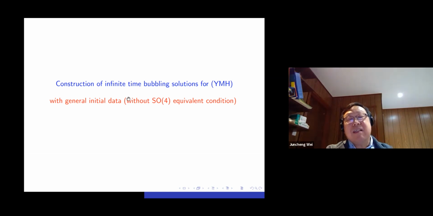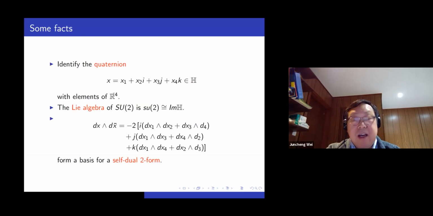And we want to study the stability of this infinite time blow-up. Okay, so what is our profile? Like in the Harmonic Map, we have the decaying Harmonic Map. So in the Yang-Mills, we use the